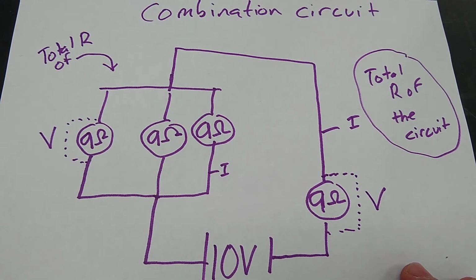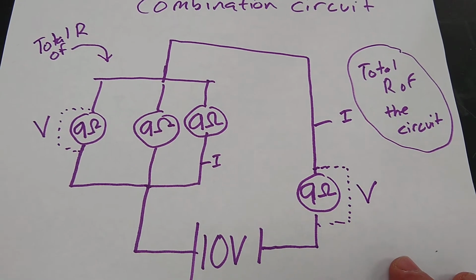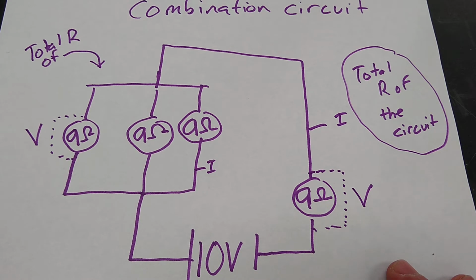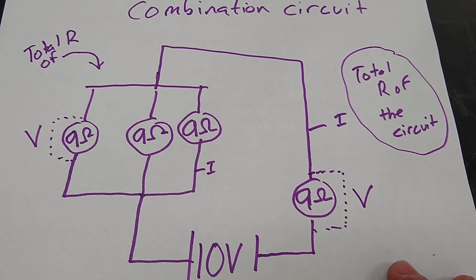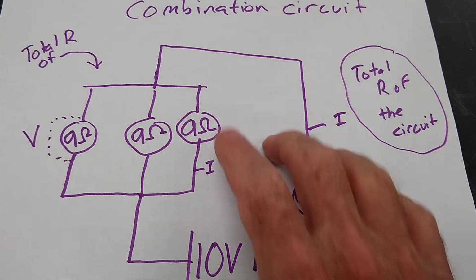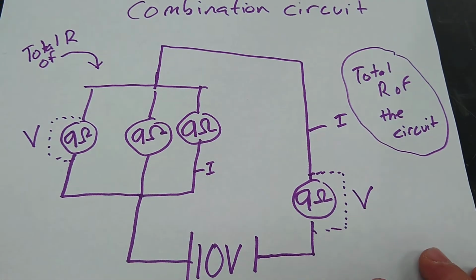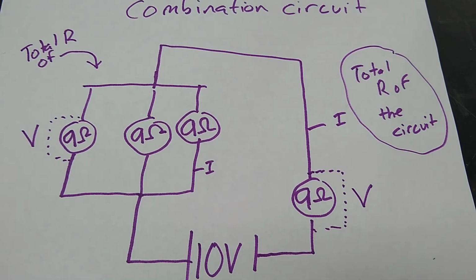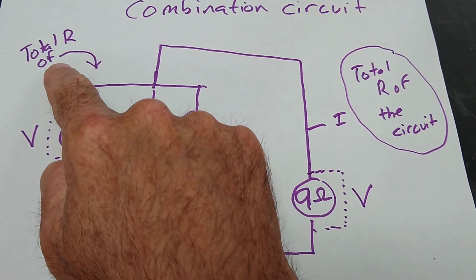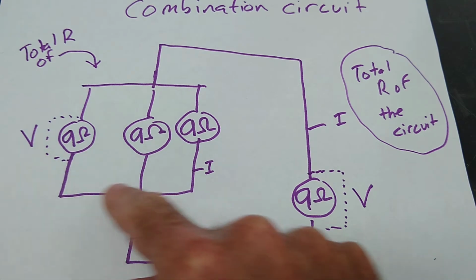So the questions, I'm going to try to ask them in order this time. You're going to need to do some math. And then when you're done, I will show you the answers, okay? Again, you're already supposed to be familiar with combination circuits, and you should already have tried this. But here we go. What is the total resistance of this